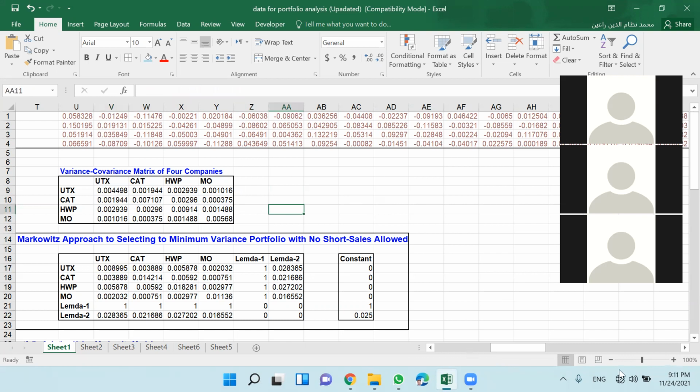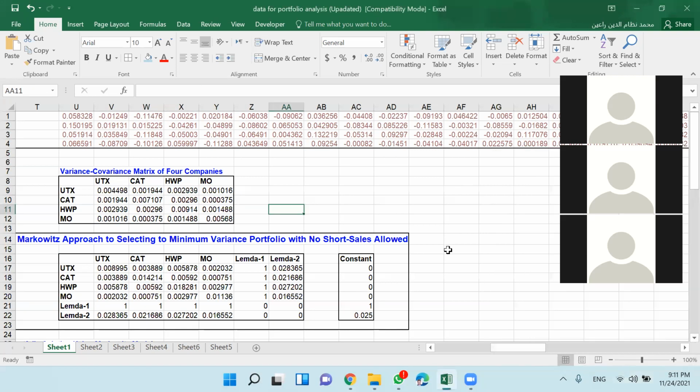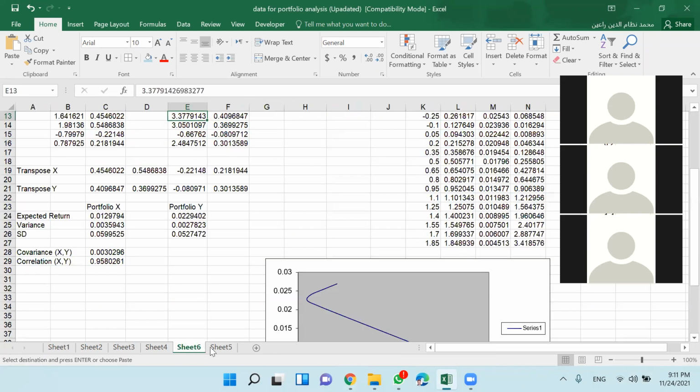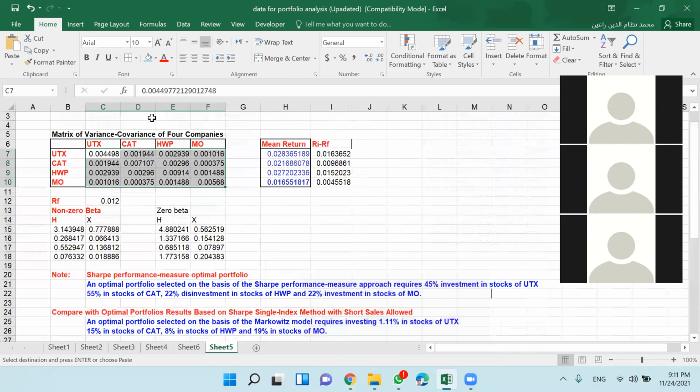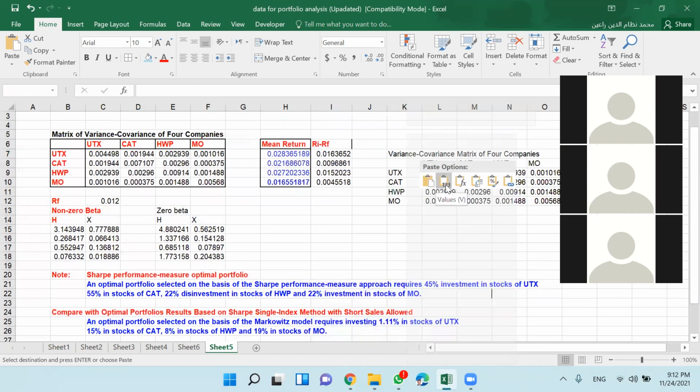So basically, let us just copy that, and for the purpose of comparison, we just paste here to see that I think this is not multiplied by 2. So these are the values, yes.